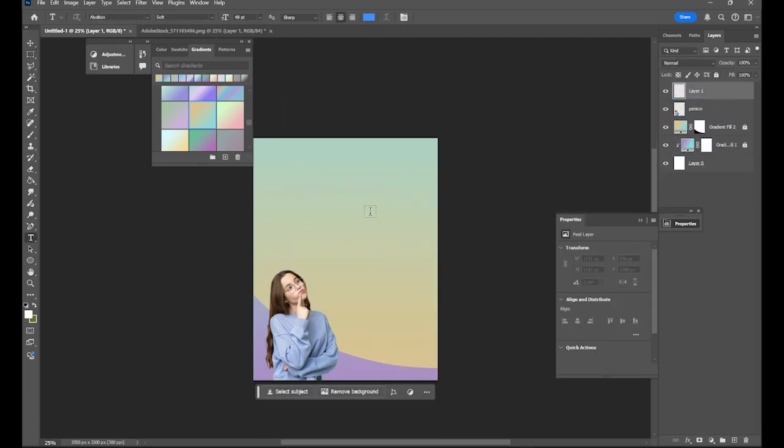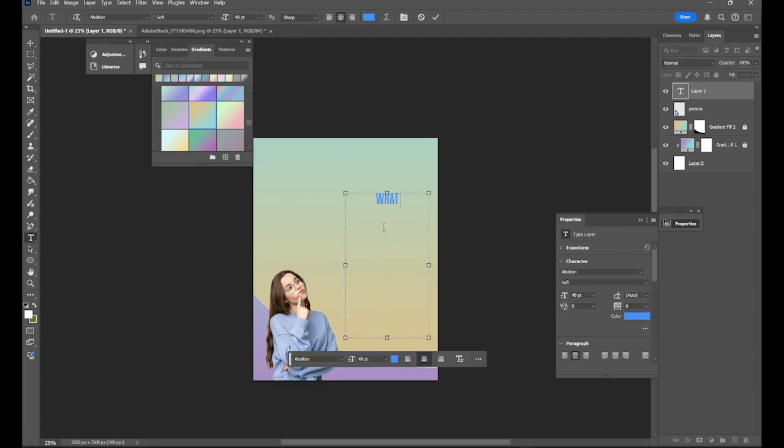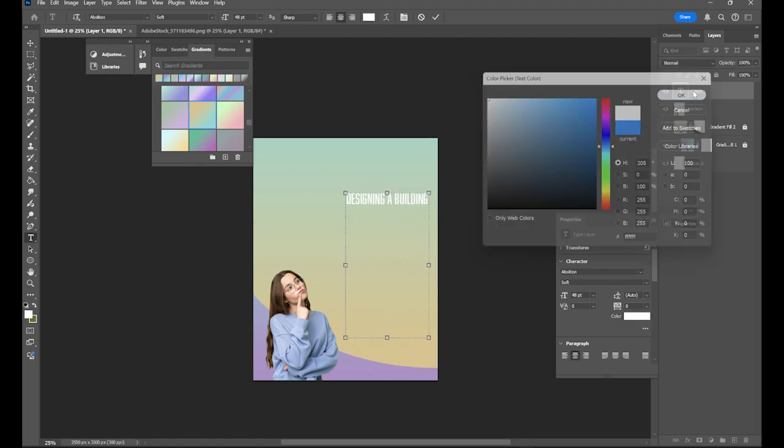And now I'm just going to add in my text. So I'm going to use the text tool, and I've already chosen a pretty bold font, perfect for the old textbook feel, usually having a pretty big text size and then having some sort of interesting caption to it. So I'm going to go ahead and add those in and customize my font. I can even change the color.